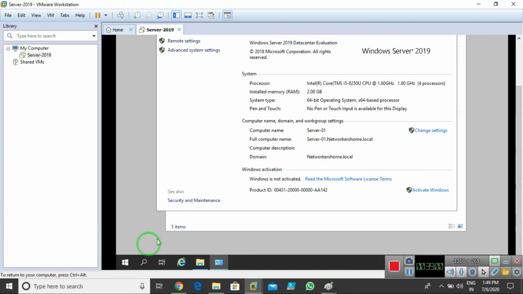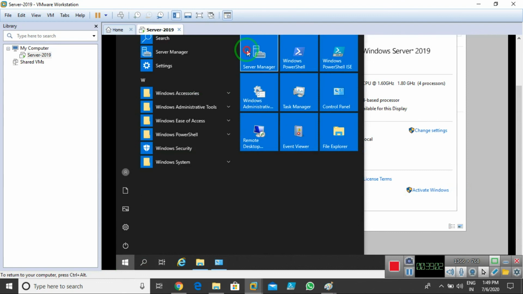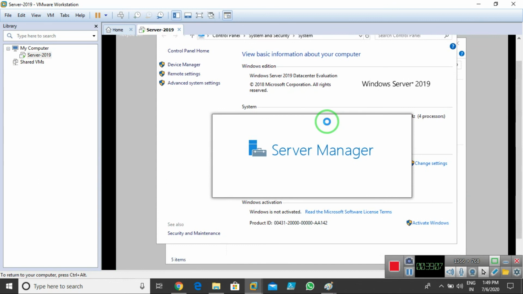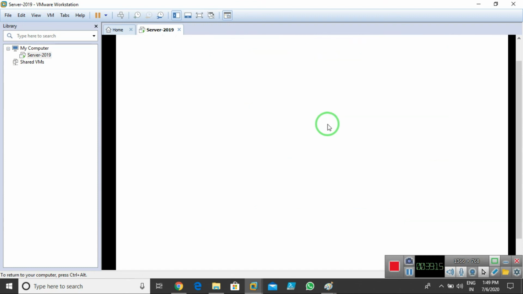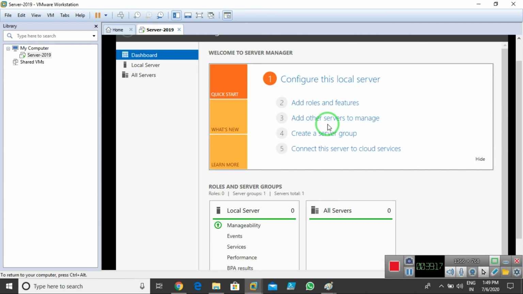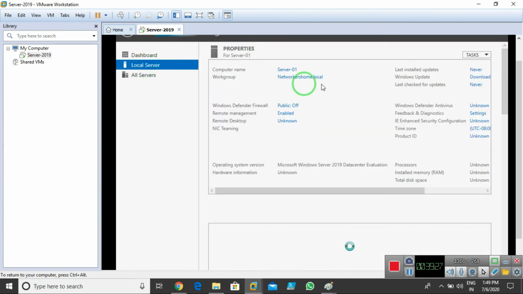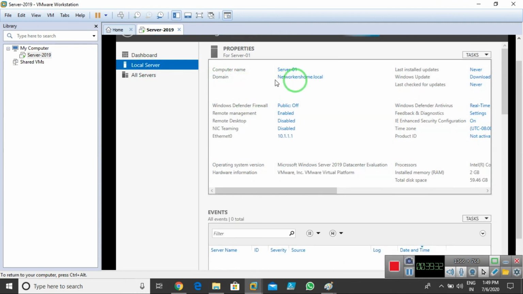If I also open Server Manager and go to Local Server, it shows the domain there as well, and the domain name is networkershome.local.